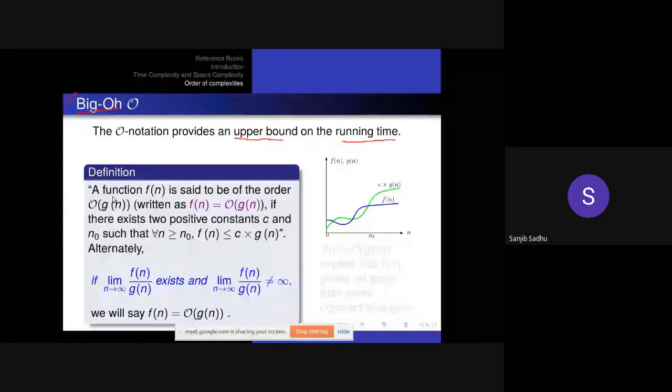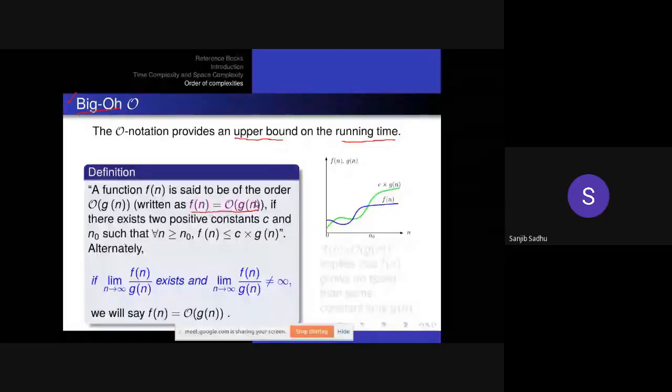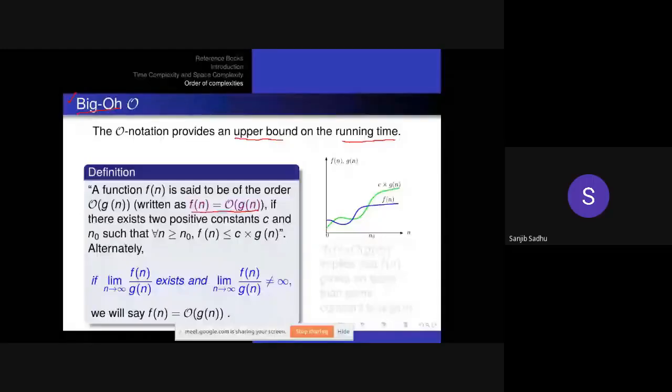So what is the mathematical definition? The mathematical definition is that a function f(n) is said to be big O of g(n). Okay, never say equal to. Please remember, although we are using this symbol equal to, you should not say that f(n) is equal to big O of g(n). Then it is wrong. Then it is wrong. I am coming to it later. You should say that f(n) is